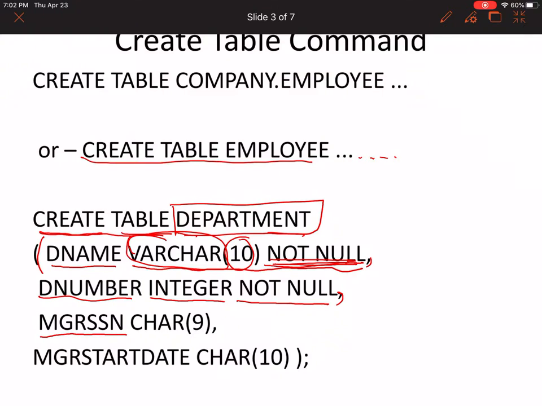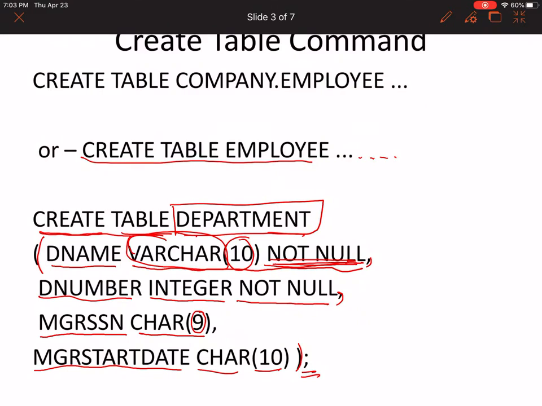MGR SSN is the third column, the domain is character, and the length that has been mentioned is 9. The fourth one is MGR start date, character, the length is 10, and then bracket complete and semicolon.